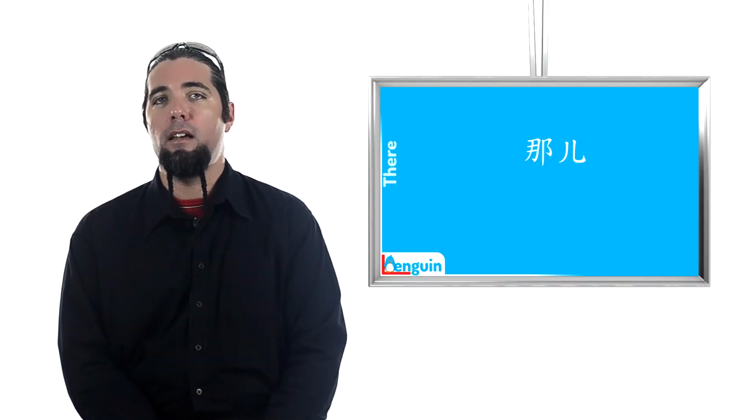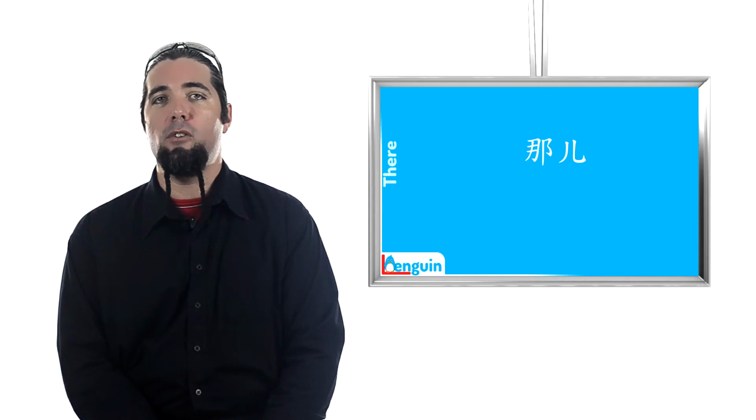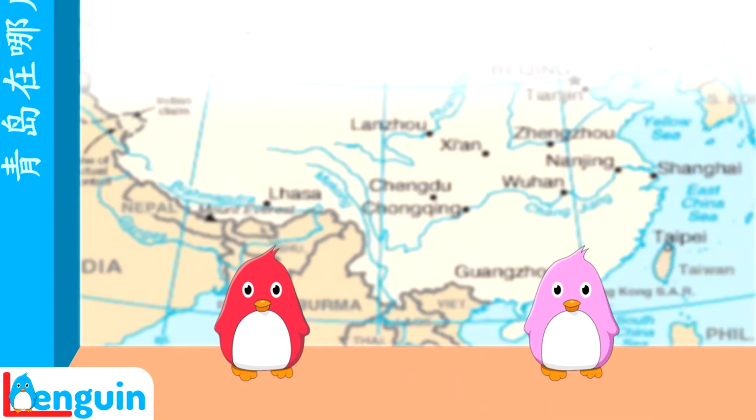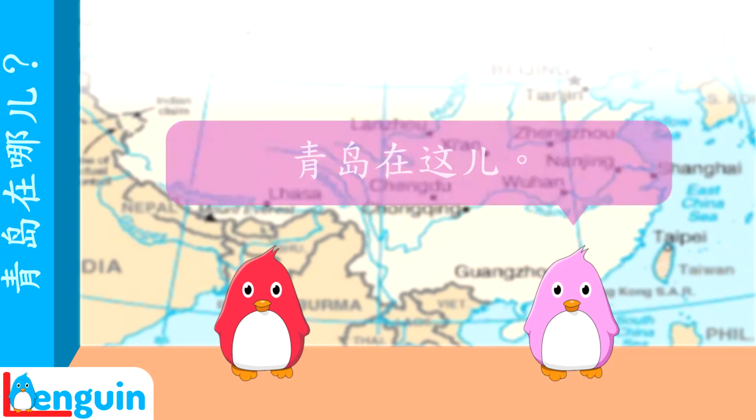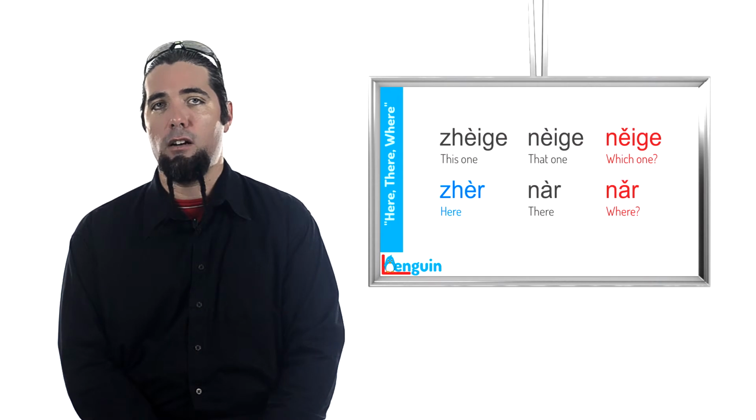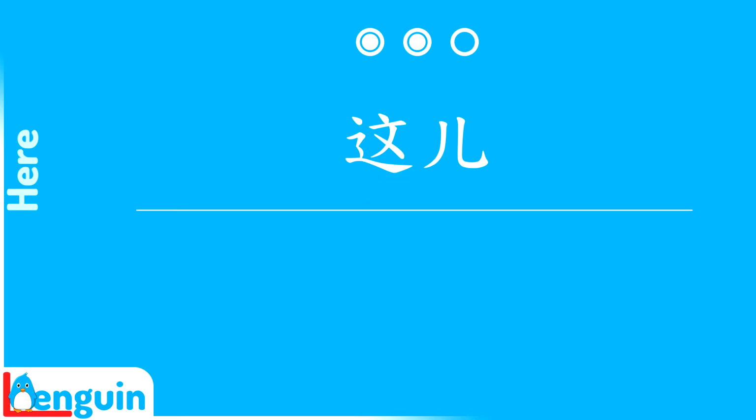At the reception, Mr. Martin is still discussing Qingdao. Now he and Mrs. Zhao are looking at a map. Listen. 青岛在哪儿？ 青岛在这儿。 The word for here, 这儿, has the falling tone, like the word 那儿. Repeat here. 这儿，这儿，这儿。